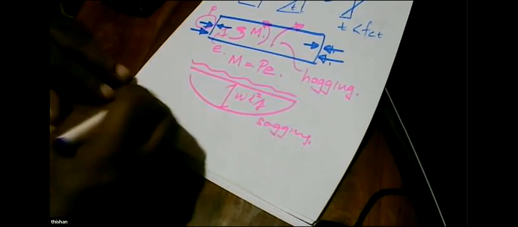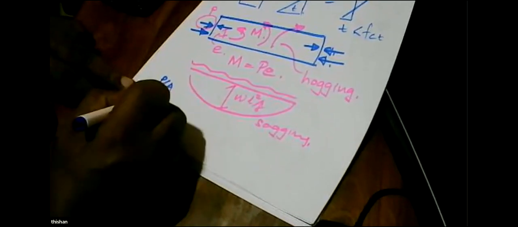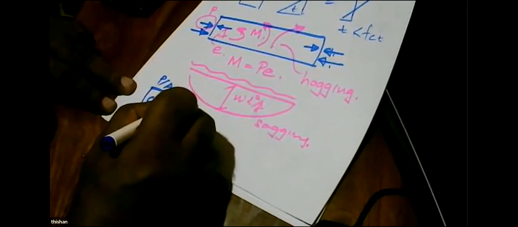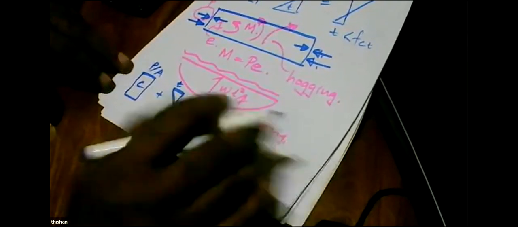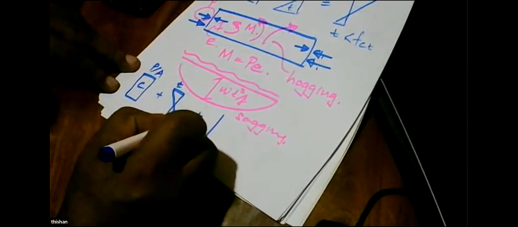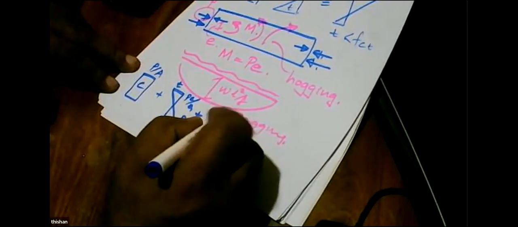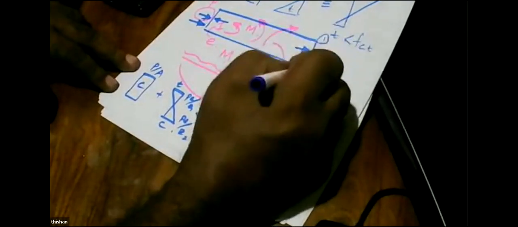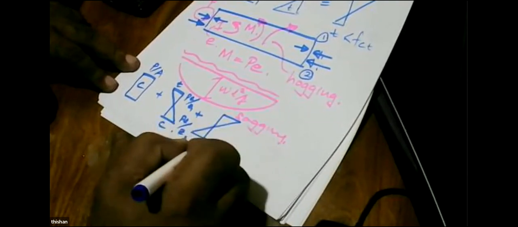Now we can actually create a much more advantageous position where we go for P over A here, plus compression, and we can create further compression, tension. Compression is positive, plus. Now we get P over A divided by Z2, P over A divided by Z1, because I am considering the top fibre as number 1, bottom fibre as number 2, and then I will get another diagram which goes with compression and tension as